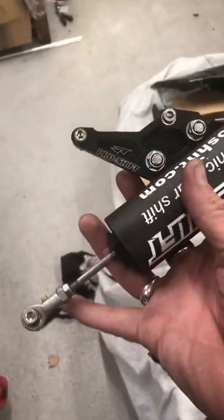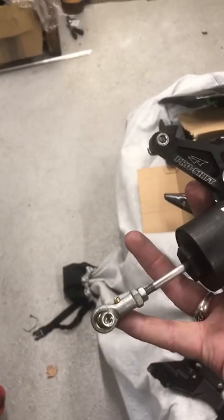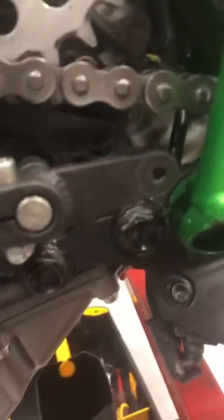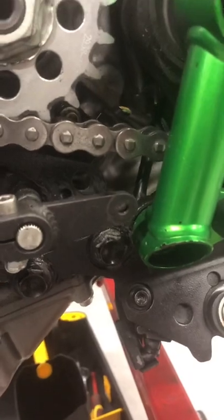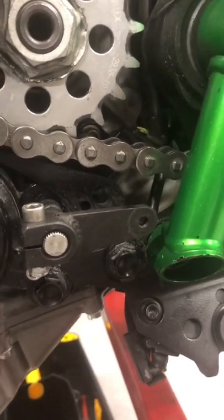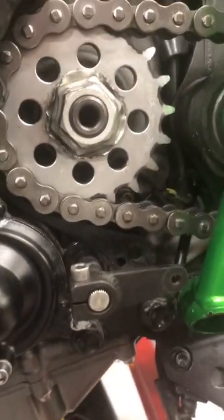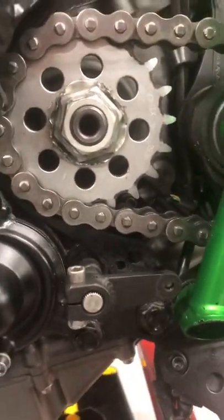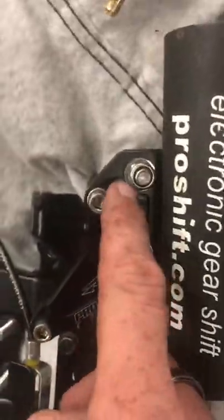Now you have to have that fitted where my little finger's pointing, 90 degrees to the arm, which is on there. Now a special one's been made for it, because if you don't get 90 degrees, you get too much throw one way and not enough the other, and you may not get into either up or down the box. So that is quite vital. Obviously these are splined, so you can adjust that as well, but ProShift have kindly made a nice billet bracket that bolts in